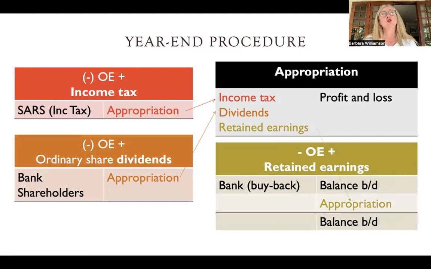It's possible that maybe you had quite a large retained earnings the previous year, and maybe the directors were hesitant about declaring too many dividends. It is possible to have dividends being higher, in which case it just means that your retained earnings would then reduce instead of increasing, because you would have been pulling money out of it.